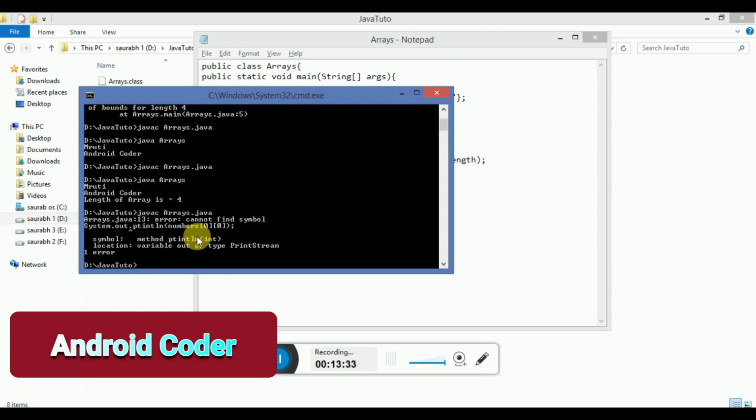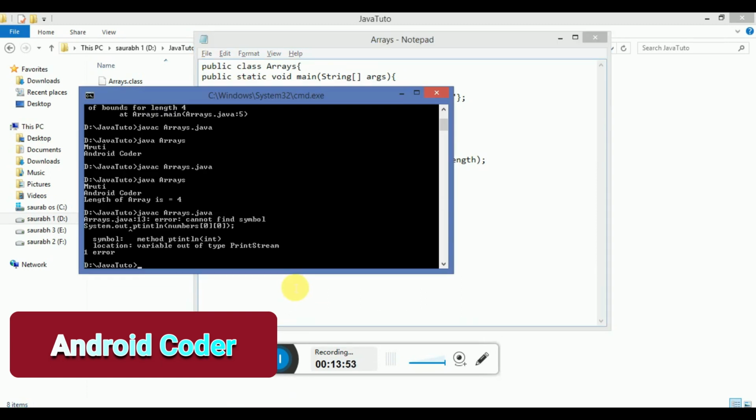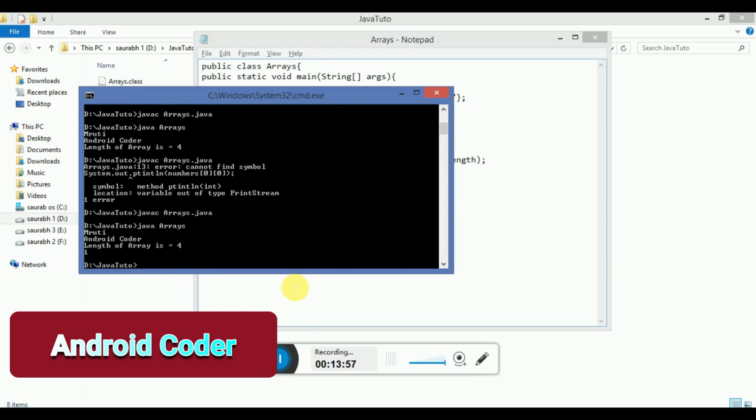Here it shows an error. What is that? Okay, we have a misspelling in println. Now save it and run. So it shows 1.